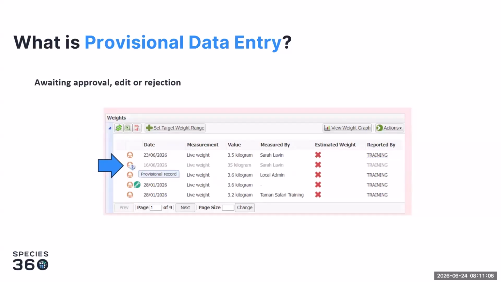The next example is a record that's awaiting approval, and they'll show in grey. And when you hover over that little question mark, you'll see that it's defined as a provisional record. It's waiting for review. It could be edited. It might be deleted if the approver deems that the data entry is incorrect. So maybe this 35 kilo animal, maybe that is a mistake and it doesn't want to end up in your